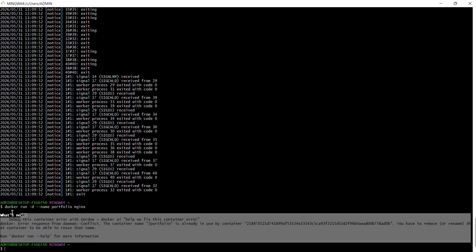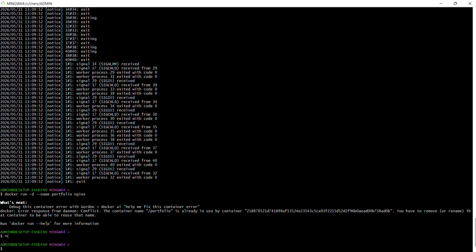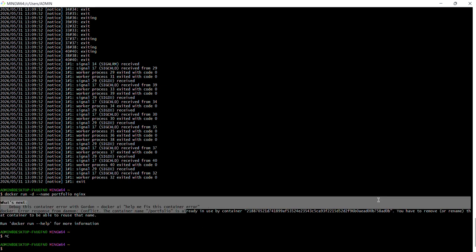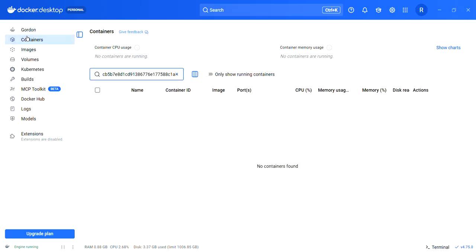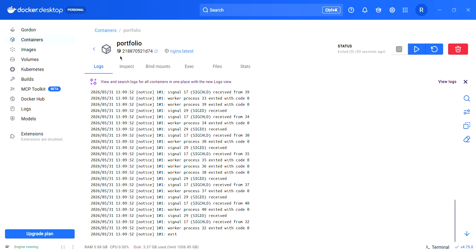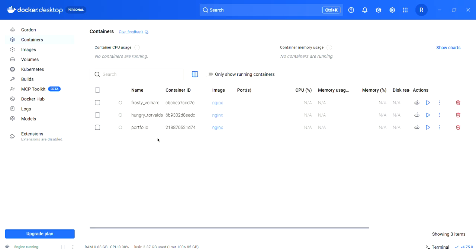It is giving me an error. What type of error? Already it is in use. Now come back to here. Leave it, our image container portfolio. This only. It is running, right?